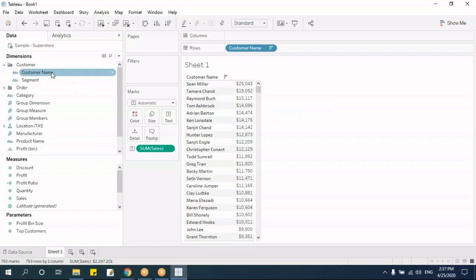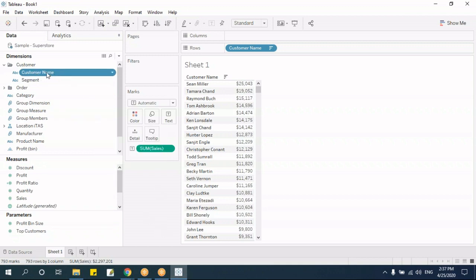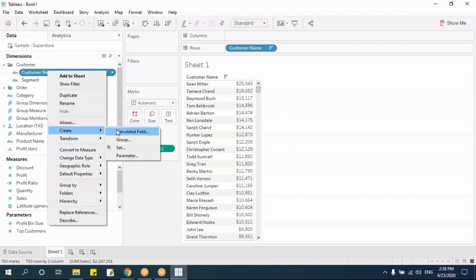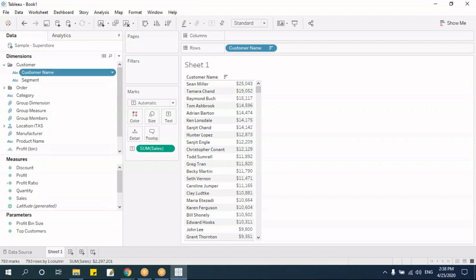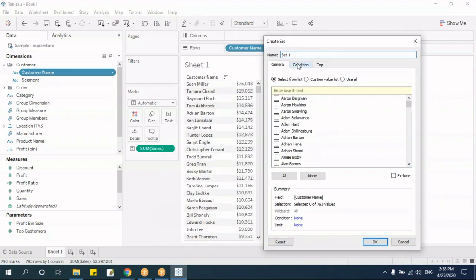We'll select this, right click, and here say create. And here I have something called a set. Go to this customer, or the field where you want to create the set. Right click and say create a set. If I click on this set, see what will happen. I'll get one window like this. It'll ask for the set name. I'll say